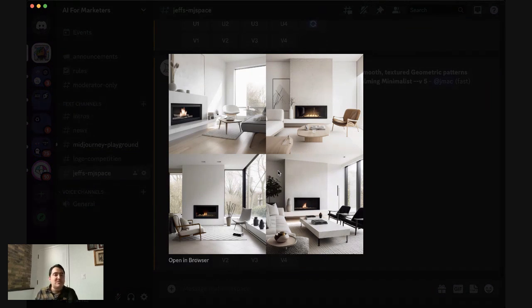Really love the rooms. This would be awesome if you're doing a very simple ad and you just needed a room really quick that you could then place your product on that wall. Maybe you're doing an ad for a TV screen and you just needed a really beautiful room to place a TV for LG smart homes or something. Or if your product is going to be a smart robot vacuum cleaner, here's a perfect room for you to Photoshop your smart room vacuum cleaner.